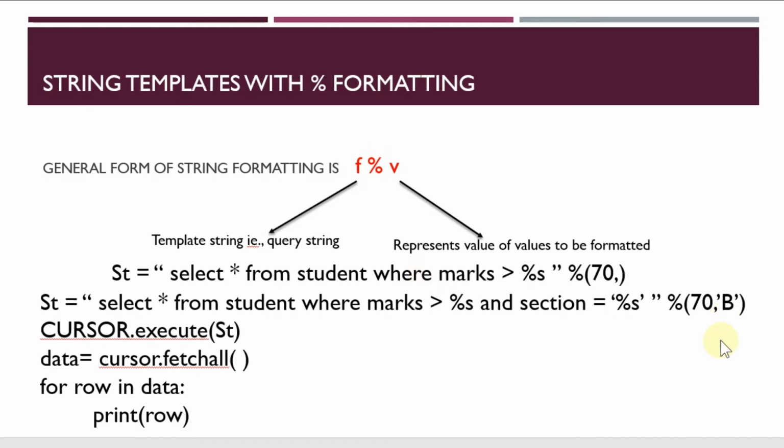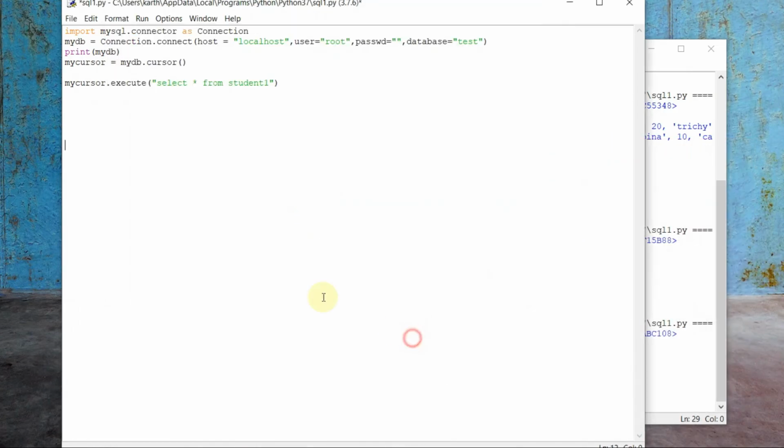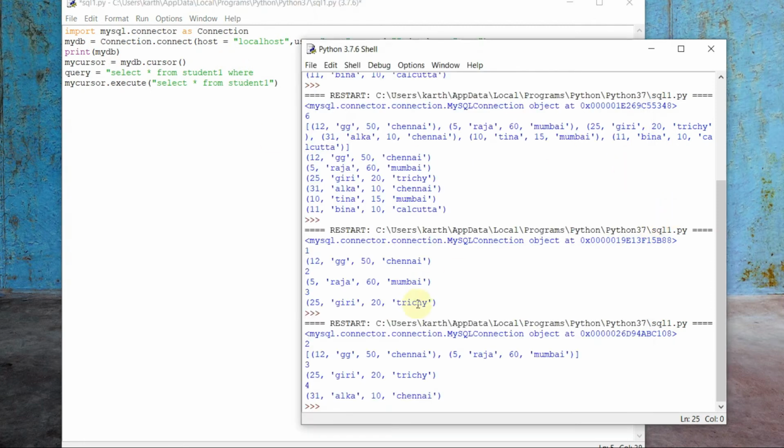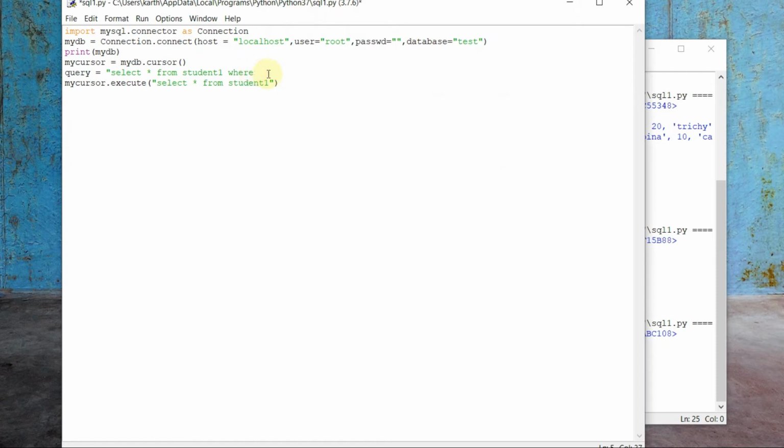Let us see with an example. For example, I need to have this. This is the query string. I'll be having separately query is equal to select star from student 1 where city equal to, and what I need to give is percentage s.